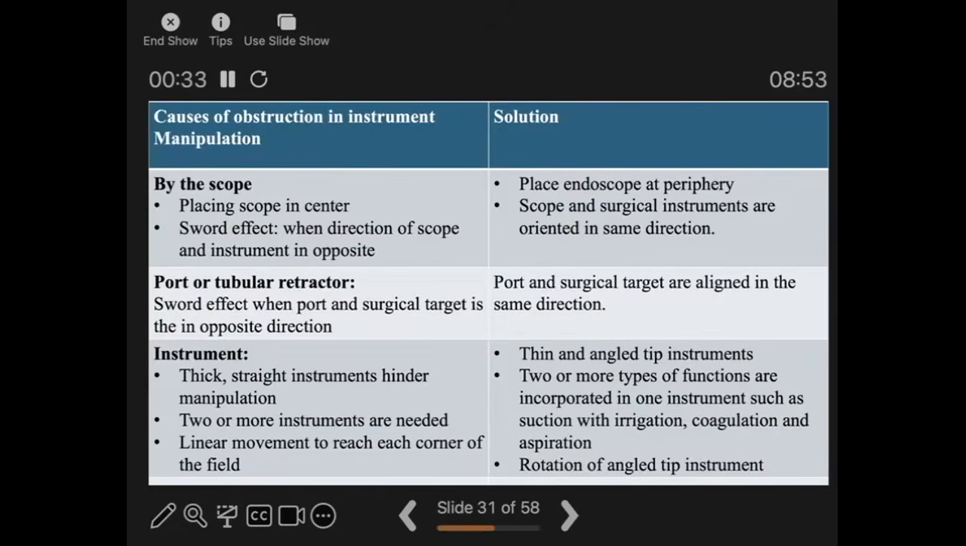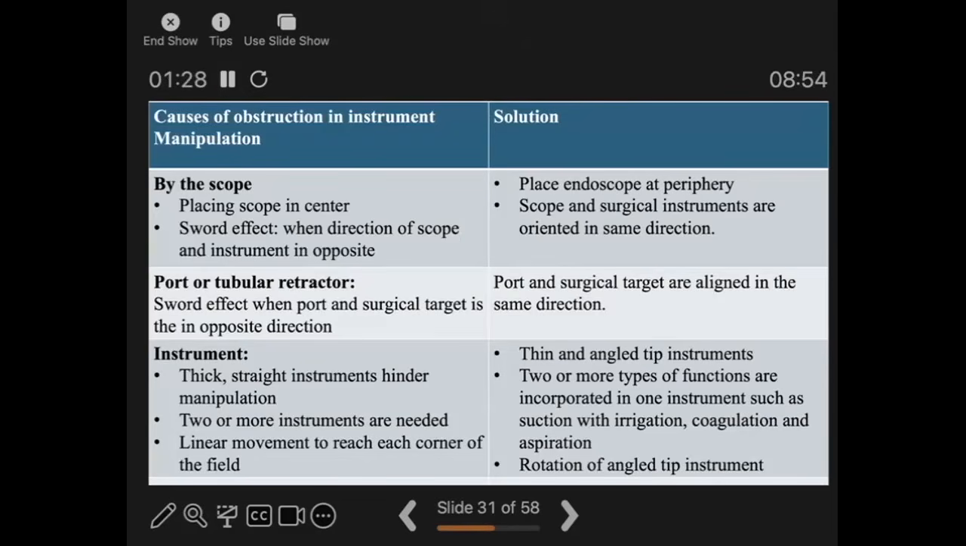The obstruction during instrument manipulation can occur due to three things: the endoscope, the port or the tubular retractor, and the instrument itself. Endoscope related obstruction: the scope can limit instrument movement when placed centrally, or when a sword effect occurs, that is, the scope and the instruments are directed in the opposite direction to each other. Avoid this. We should position the endoscope at the periphery of the field and align it in the same direction